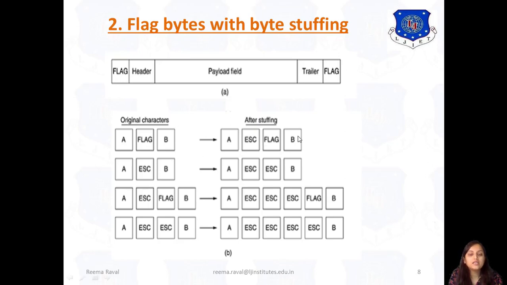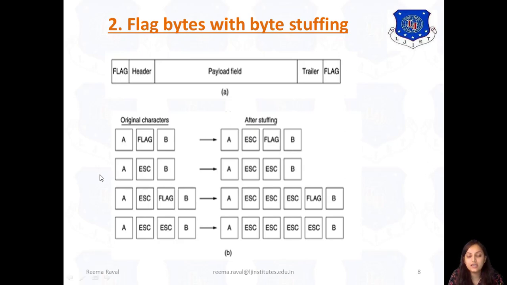So what byte stuffing will do is use the accidental flag, which is called ESC. Here, escape ESC is an accidental flag. It is used when there is a flag in the data of the particular frame. So the byte stuffing will be performed like A, ESC, flag and B. That means at the receiver side, whenever it receives a frame like this, it will remove this escape flag and store the data as A, flag and B, as was sent by the sender.